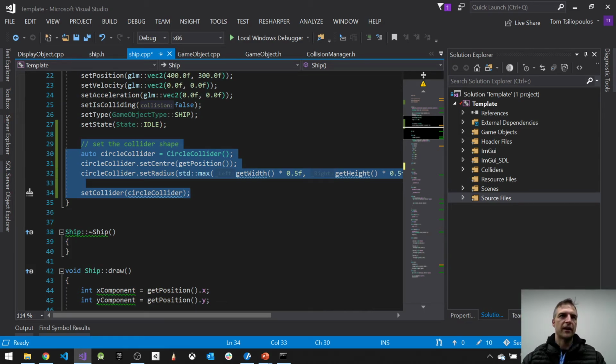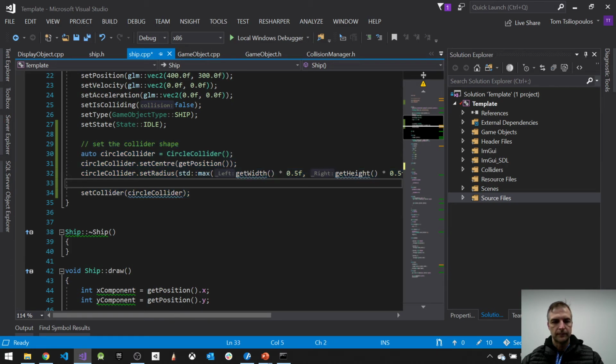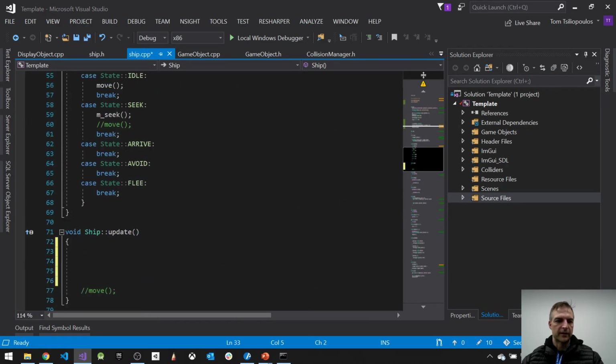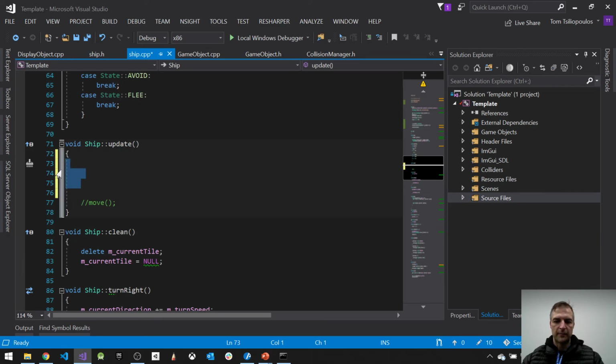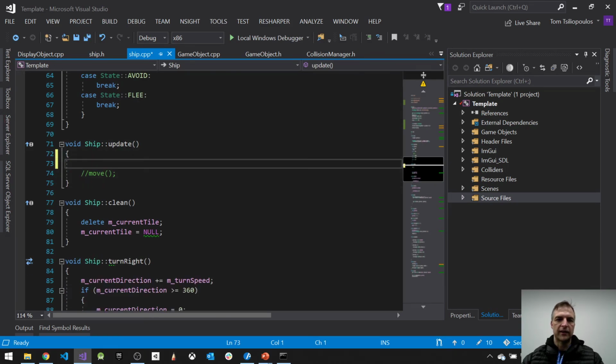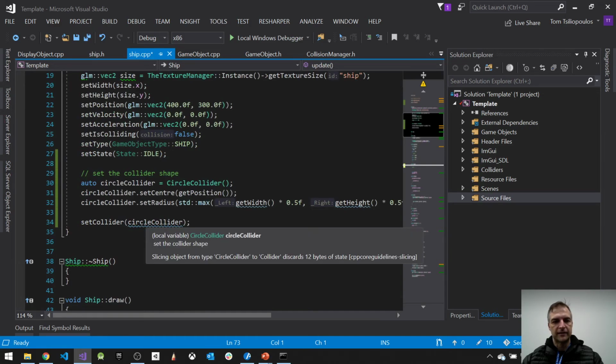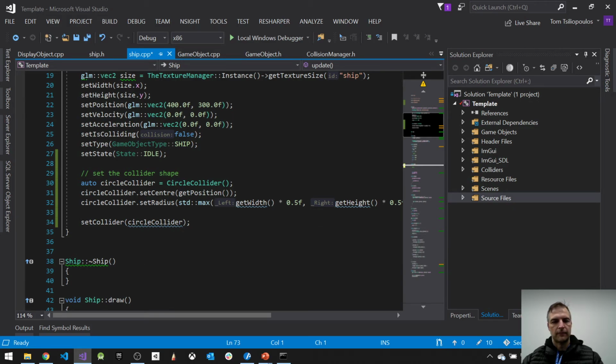You just need to know that, hey, if I have a ship, I can detect what type of collision detection it does and just plug it in. So let's go back down in here and make sure we just delete that part. One thing to also check is, hey, did I break anything? I mean, this tells me there's a problem. It discards these 12 bytes of data because basically I'm going from a circle collider, which is of type circle collider,